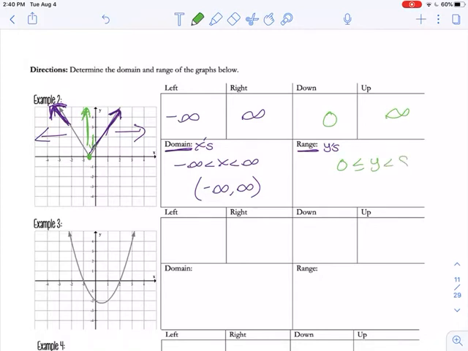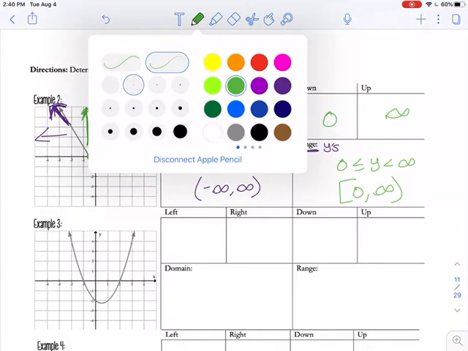So my range is a little bit different. My range includes 0, and it goes all the way, oops, I didn't mean to write 8 right there. It goes to infinity. All right, again, if I want to use my interval notation, I'm including the 0, so I'm going to use a bracket, and then it goes to infinity. Infinity, I'm always using parentheses. Okay, so the left, right, and down and up, that's just to help us as we're trying to figure this